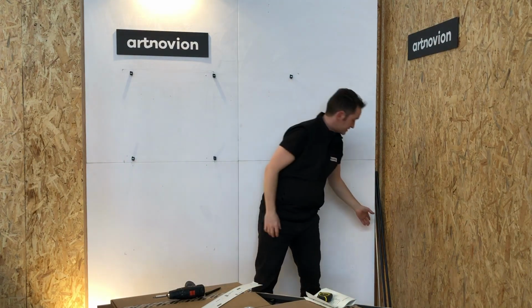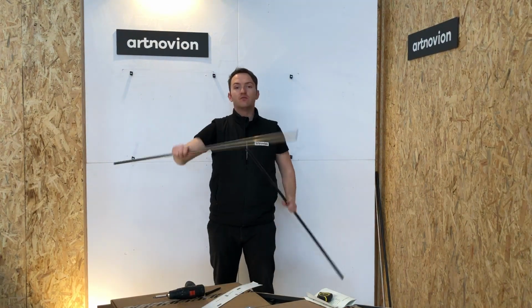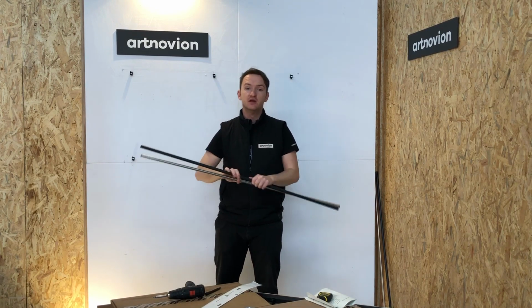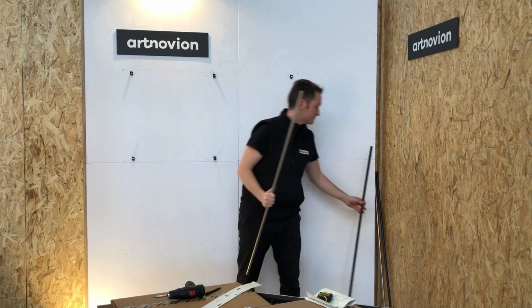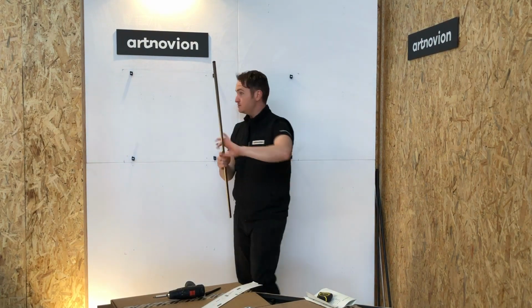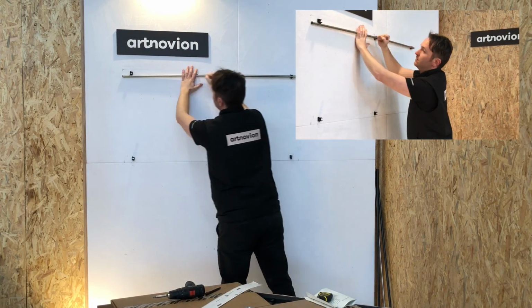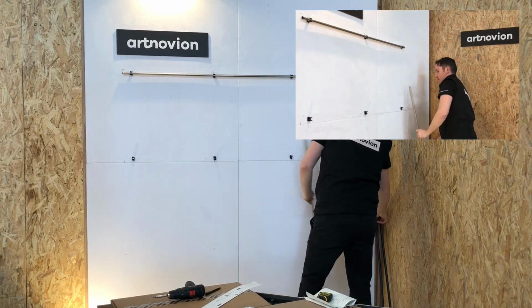We're going to be demonstrating this using our FixArt Tube metal, which is this. We also have a plastic version of this tube, which has an identical installation procedure. The only difference is the plastic is slightly cheaper, but it has to be cut down sometimes on site. Using the metal version, all we have to do is align it more or less with the clips on the wall, and clip it in. And then for the bottom,